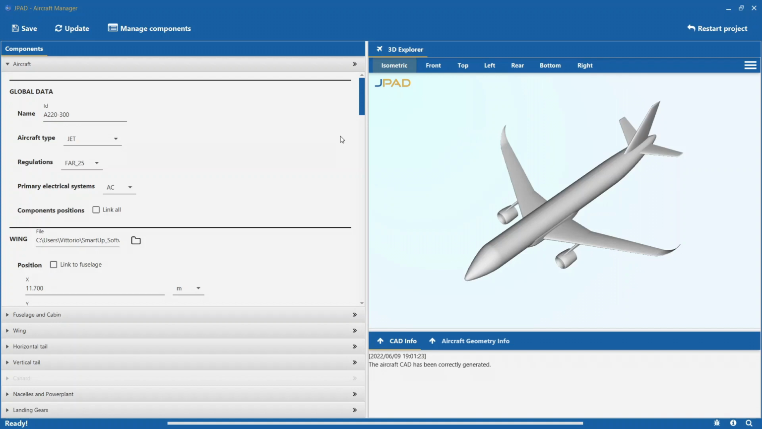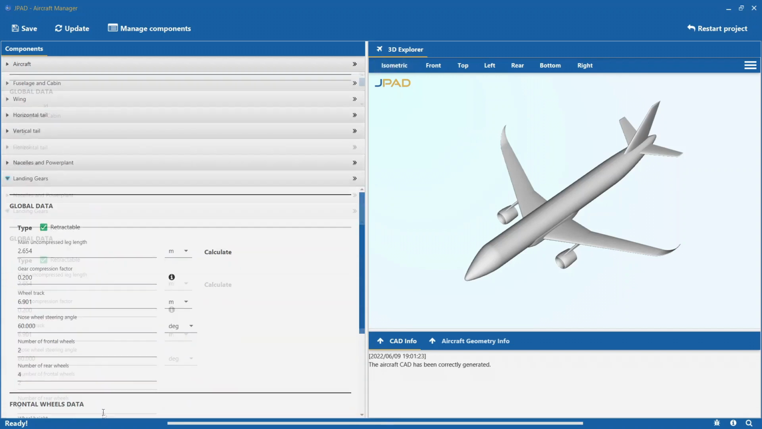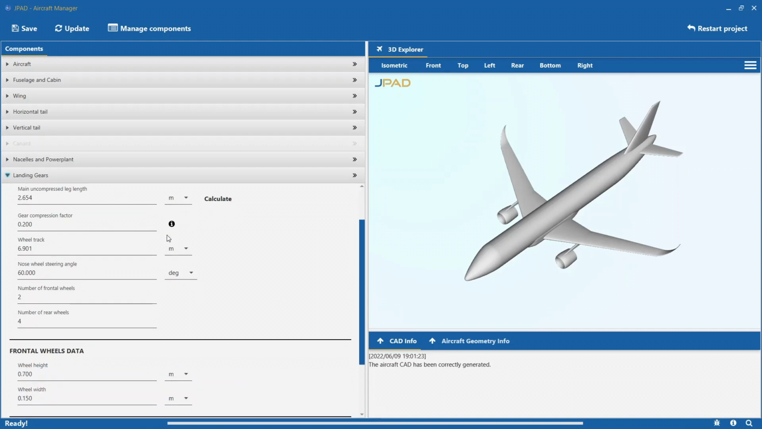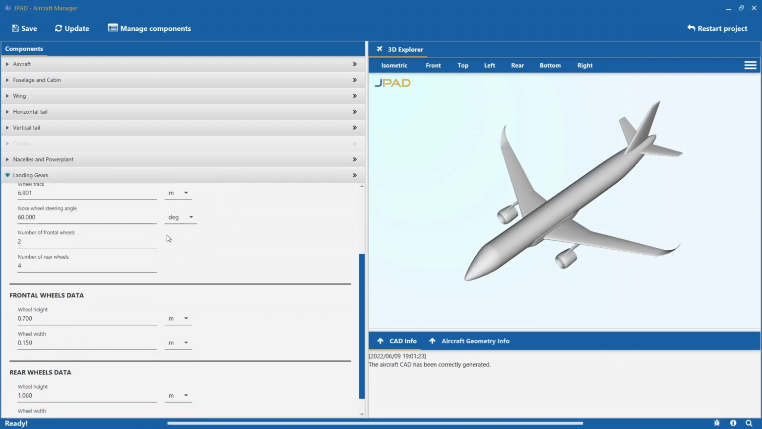During this video, we will explore the contents of the landing gear input data section. The JPAD Modeller landing gears component provides a global data section, where you can assign all the main parameters and dimensions that define landing gears layout. Then, there are two additional sections to configure the front and rear wheels data in terms of their height and